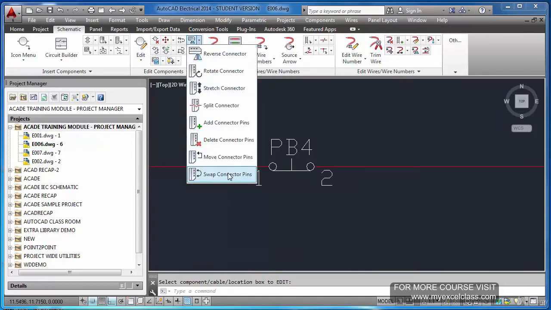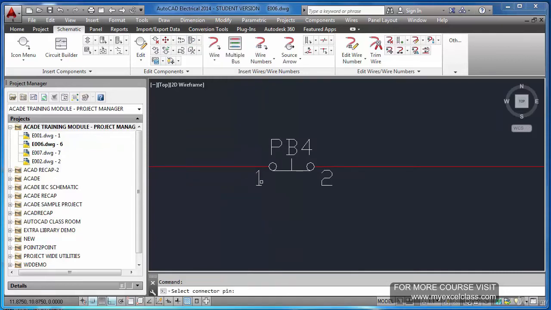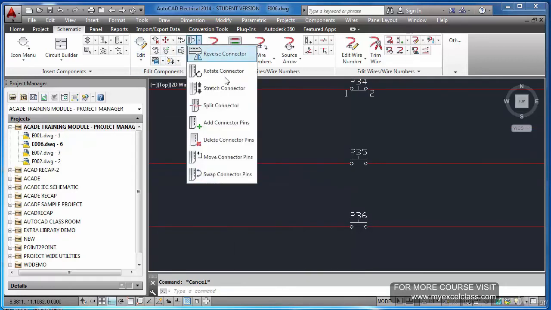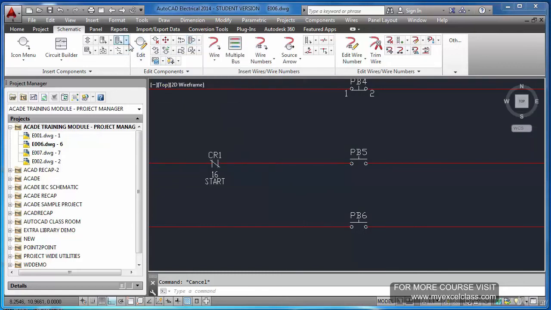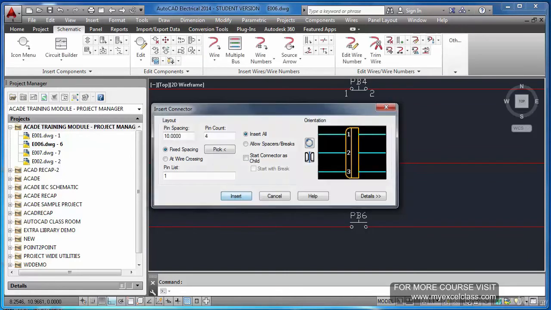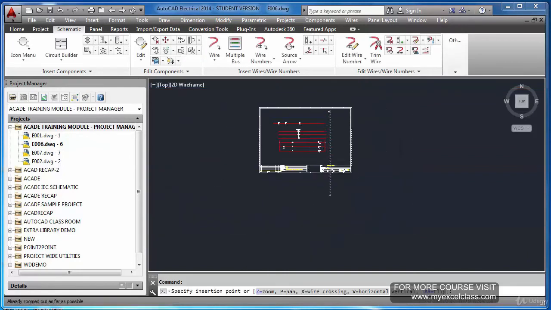So what I will do, the swap connector pins. I'm unable to select this. Sorry, let us try. This is not working in this case. Let us first insert a connector. Insert connector, go like this 1 2 3 4. Oh, this is huge.